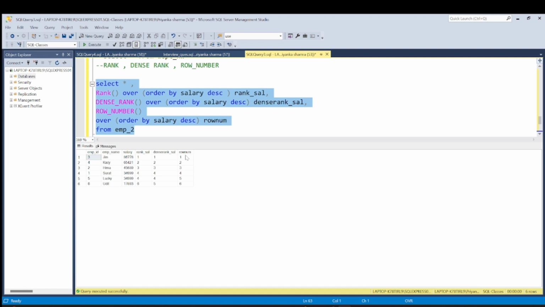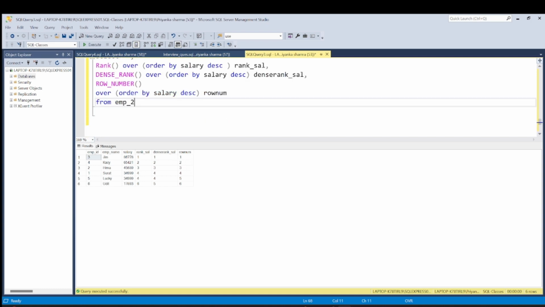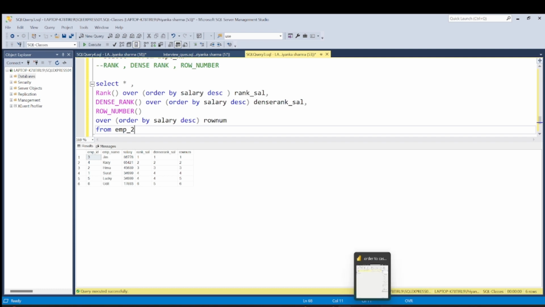Okay, row number, what will it do? It will just assign unique numbers to each row. It is just for numbering, that's all. So we understand that there are 6 unique rows, and it will not assign any rank or something like that. It will just assign a unique number to each row. Okay, so this was about rank, dense rank, and row number. Now coming back to our theory questions,